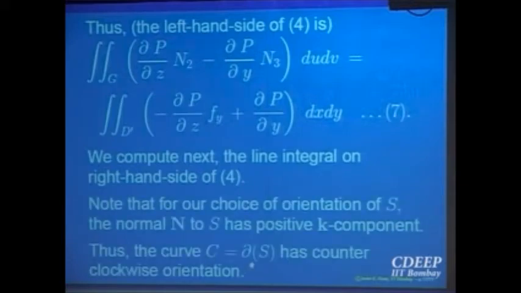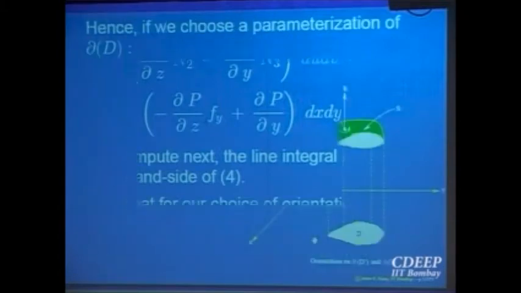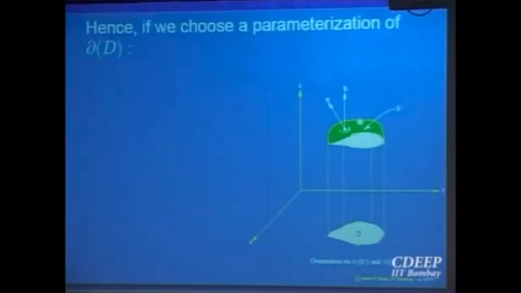Because you are given the positive k component you have to choose, for the explicit one, what will be the orientation for the boundary you will be getting? That will be anti-clockwise orientation. So the projection also will have the anti-clockwise orientation. That is the only thing, so this is what I said. Okay, so positive k component.